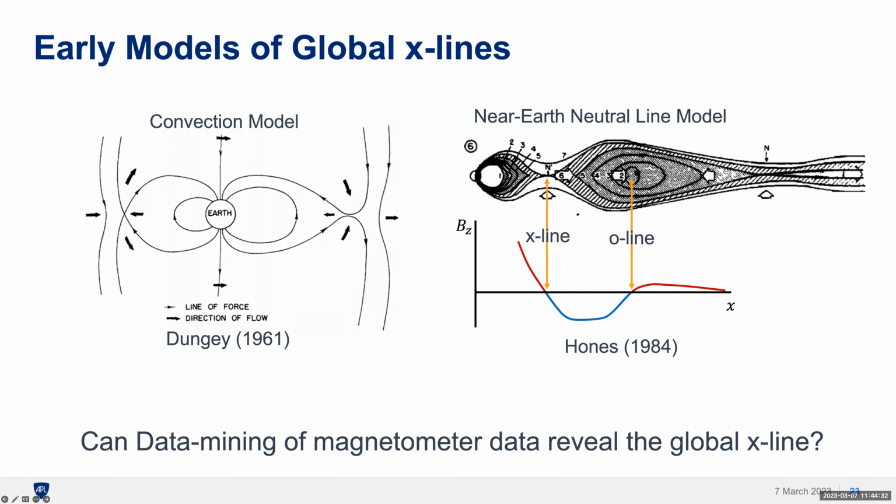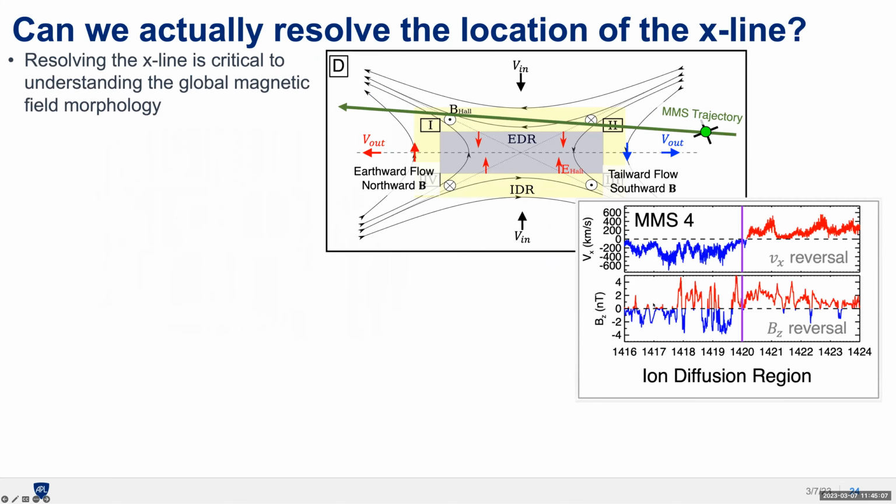And if you look at the BZ profile along this structure, what you'll see is the X-line occurs at a zero in the BZ. And then on the tailward edge of that, we would then get an O line associated with this other zero. So I'll use this color coding in the next series of slides. So what we are looking for in our empirical reconstructions are these zeros that are signifying X lines and O lines. So fortunately with MMS, we now have a way to benchmark